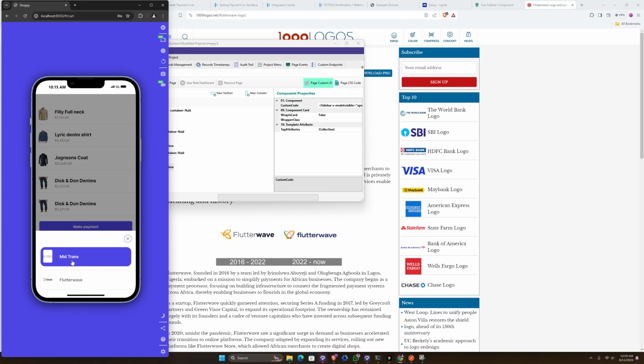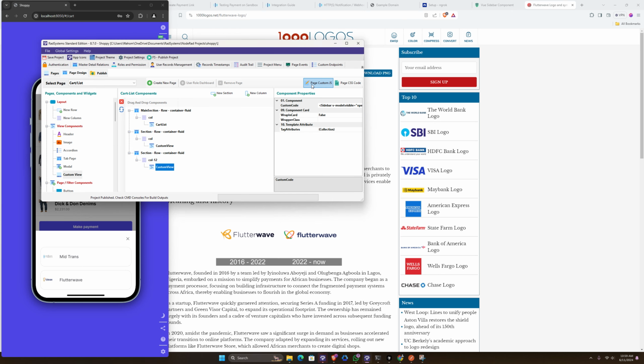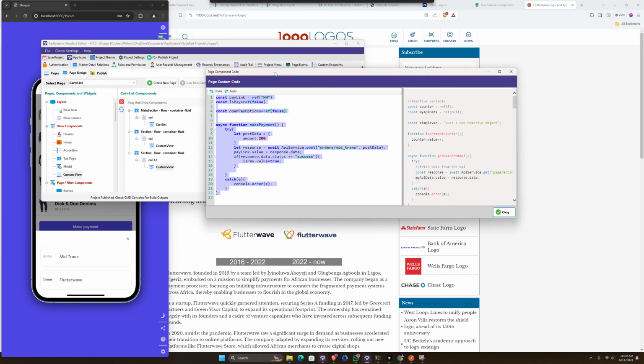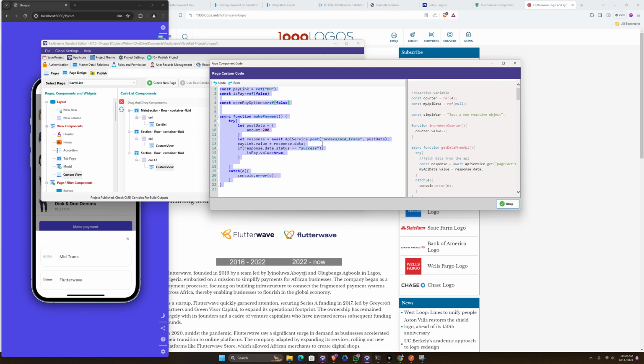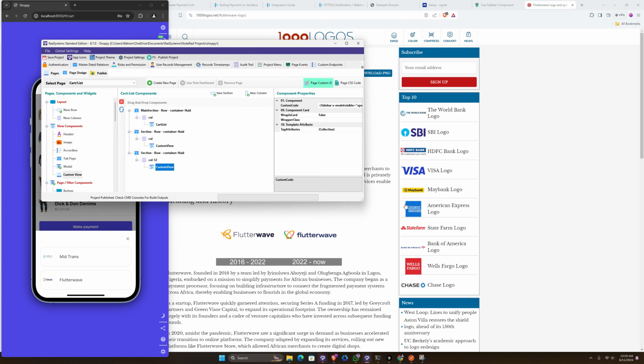So now when I click on mid-trans, now we should get a payment link from mid-trans, right? So let's go ahead and now do the code for that. So I'm going to open this. Okay, and what I'm going to do is I'm going to come to so this is the code we had done for flutter wave. Okay, so we can change that to flutter wave payment. So if you need to know how to do this, check out the video I created earlier for making flutter wave payments. So I'm just going to copy this code, and the way I'm going to do it is